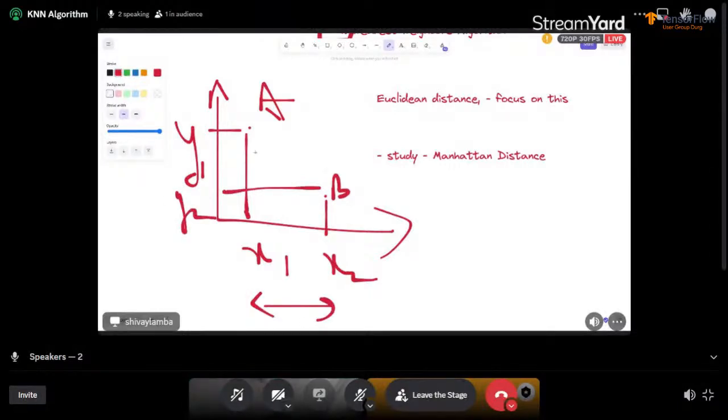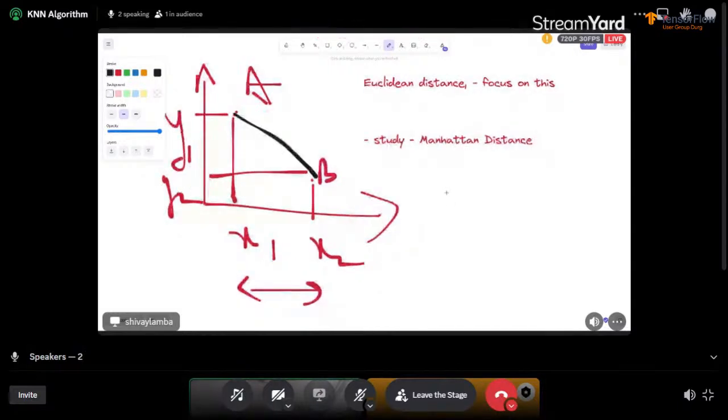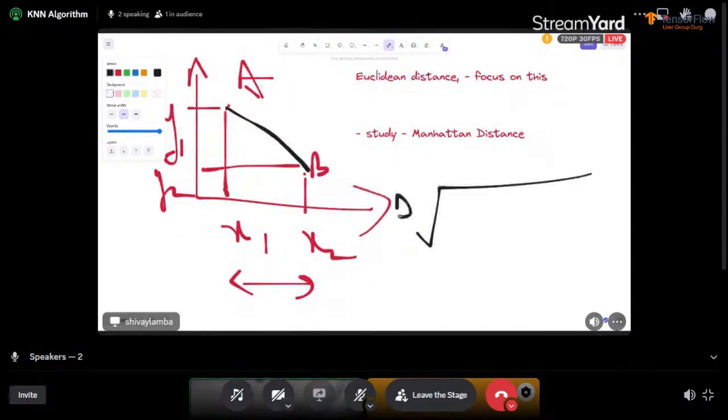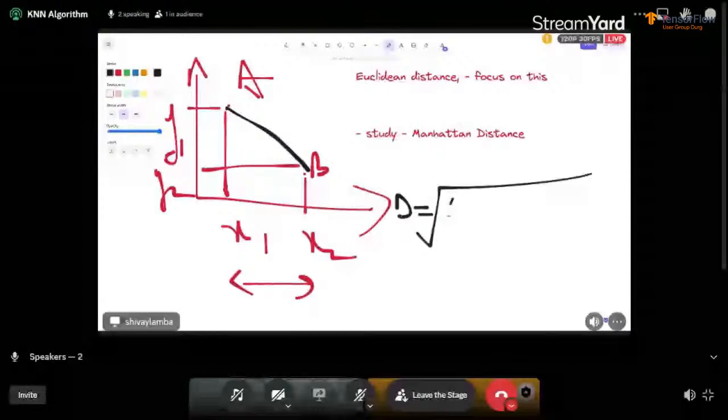Basically, you want to calculate the distance between these two, right? The way that you would calculate this distance would be the square root of x2 minus x1 whole squared,